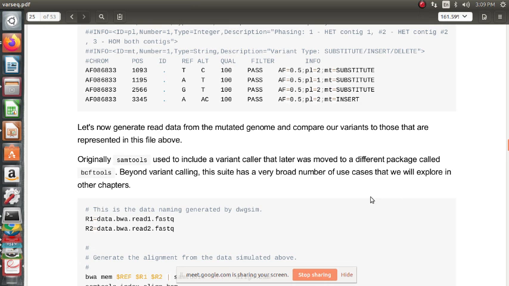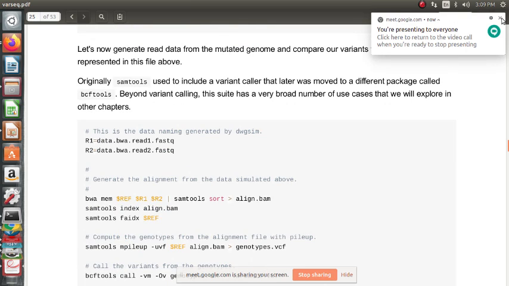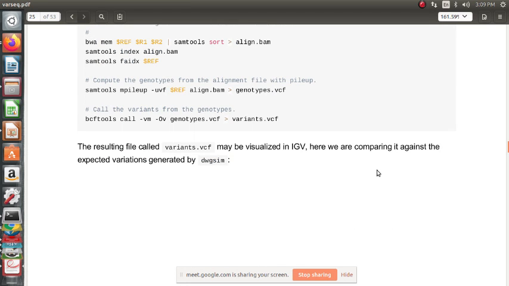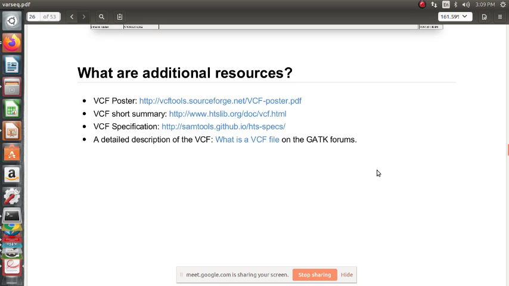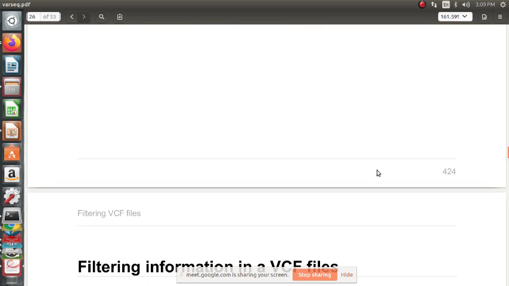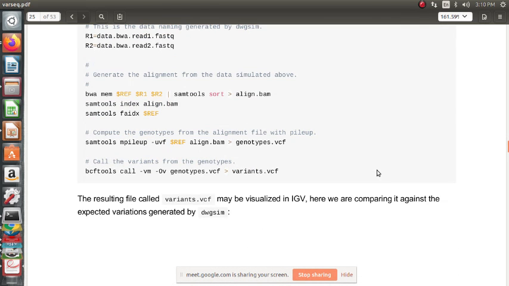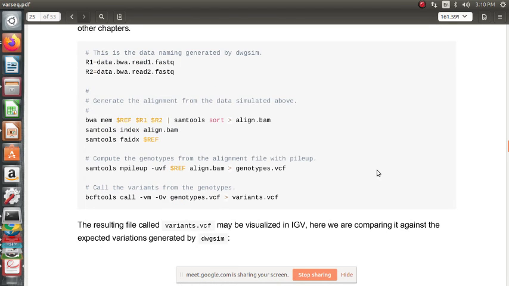We'll share the recording. And we have here the same thing which we did. The pileup we can do, and the variants.vcf. So we can visualize the VCF file also in IGV. So let us do that. We basically have the data files, right? We also have the align.bam. We can take it from here, this command.